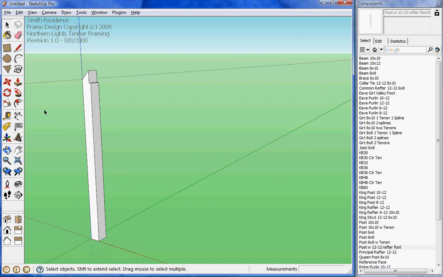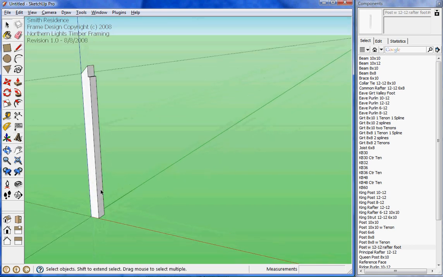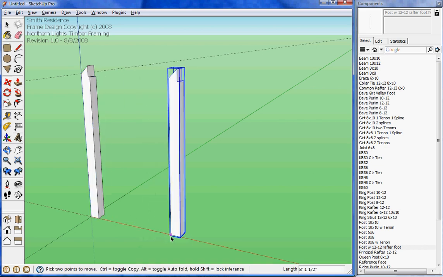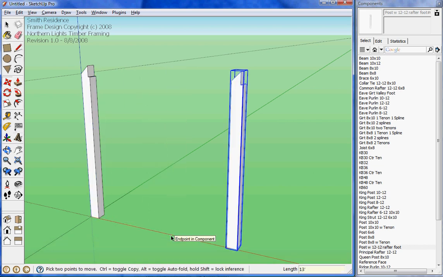And then click outside the timber to stop editing it. So I've stretched that post to the right height without distorting the geometry at the end of the timber. I'm going to make a copy of this timber. And I'm going to move it about 13 feet, spin it around, and now I'm going to put a girt between the two. So I'm going to pick a girt out of my library, something with 2 tenons,